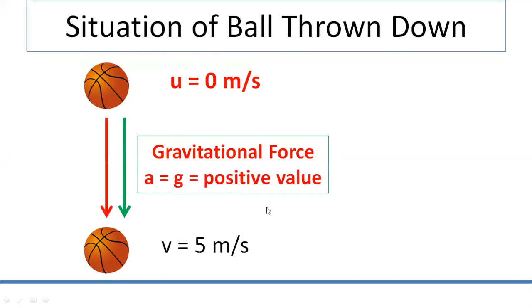Okay. Now let us see when the ball is thrown down. Suppose it is released from the top. Suppose you are on the top of the building and you have released a ball. In this case, the ball was released from the top, hence its initial velocity was 0. Why? Because you are holding that ball, it is at rest, and then you release it from the top of the building. So initial velocity in this case would be 0.